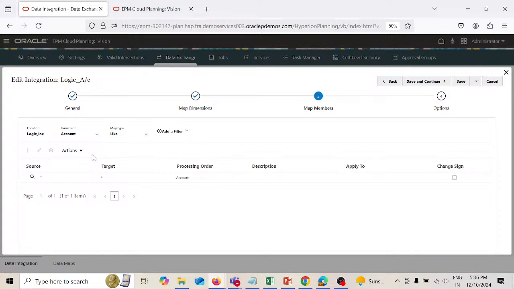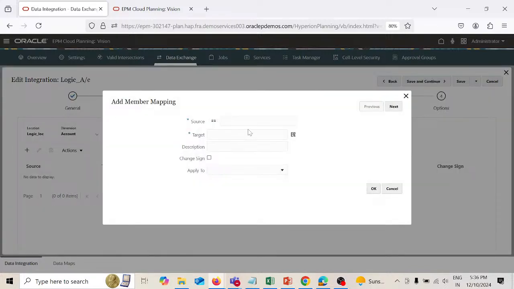Second one, we're going to do explicit mapping. Click on add. Now this is the sign for explicit, and here you have to write the logic account which we have used, L-01. If you remember over here,